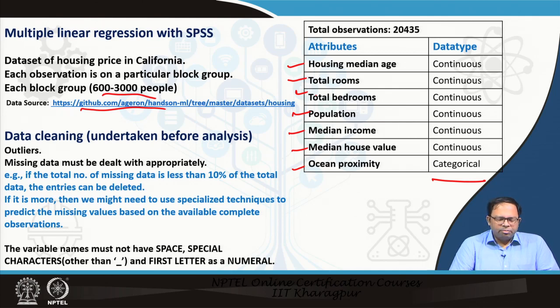So, maybe 10% of the data set we can get rid of if it has got missing data. But if you delete more than 10% of the data set, then we are actually losing data that we have spent money to collect. So in that case, we can use other techniques where we can predict the missing values based on available complete observations. That means for that particular group of values, we can take an average of a similar kind of group, or we can take the average of the entire population, it doesn't matter. So we can use the existing data set to replace these missing values as well.